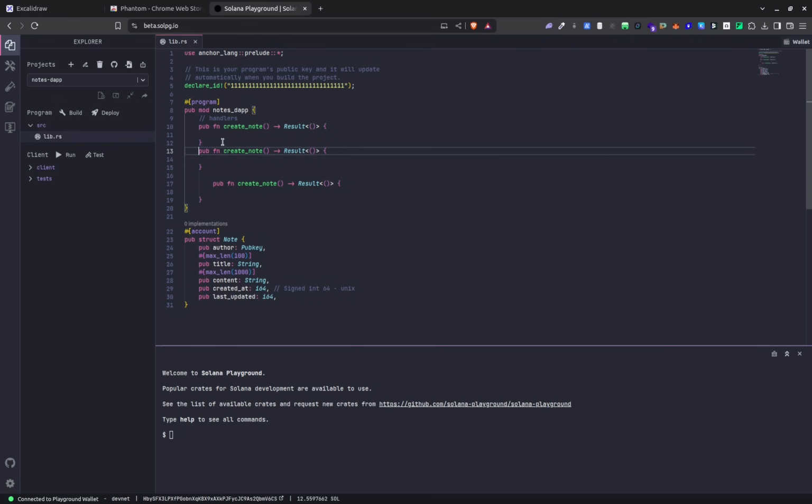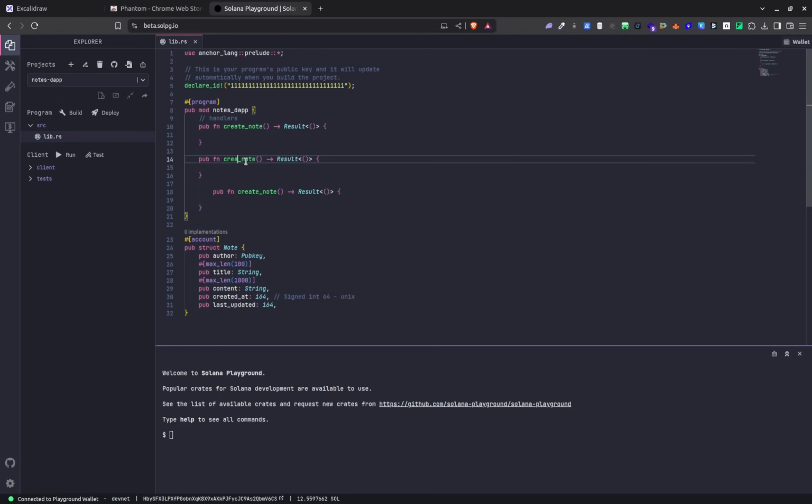The next one is update node, and the next one is delete node. Done. We have the handlers. We'll write the logic also, and we have the schema. Think of it like a database schema for our backend. Done. Now the next thing is,